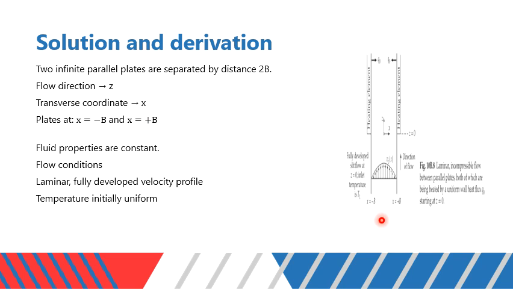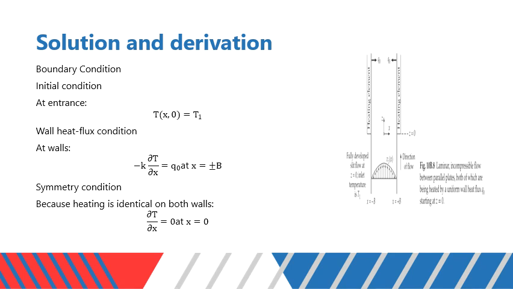Plate from minus b to plus b. Here are some assumptions. Fluid properties are constant. Flow condition is laminar, fluid temperature initially uniform. Now the boundary condition. At entrance, T(x, 0) is equal to T1,